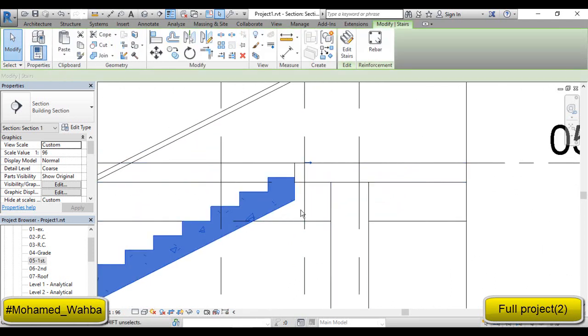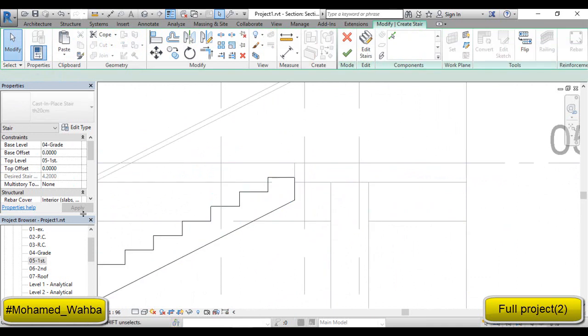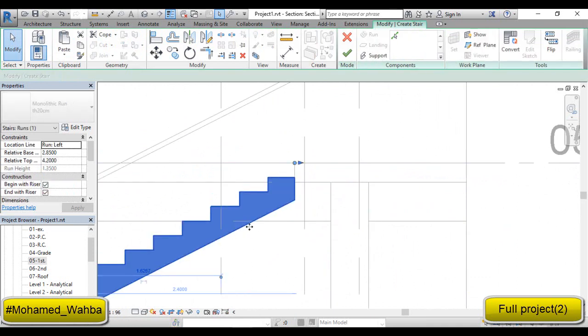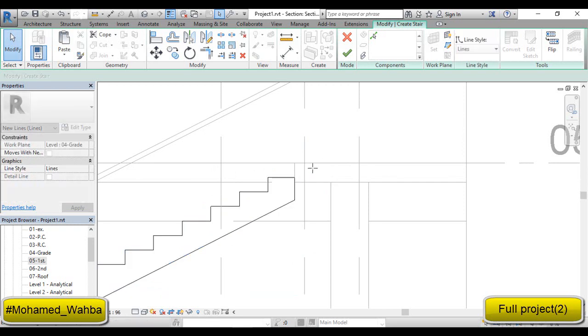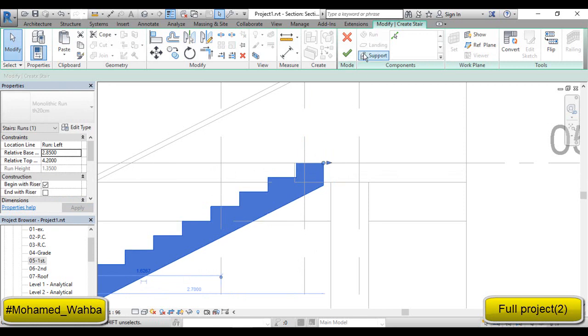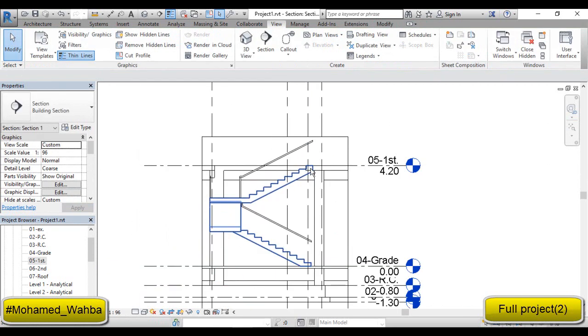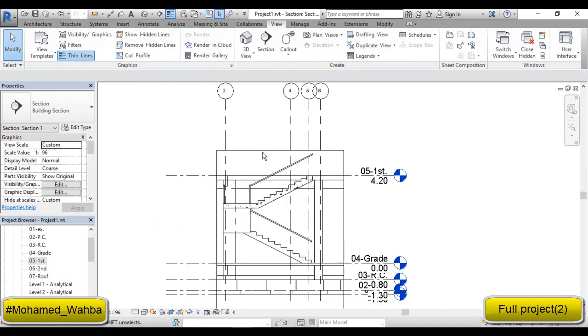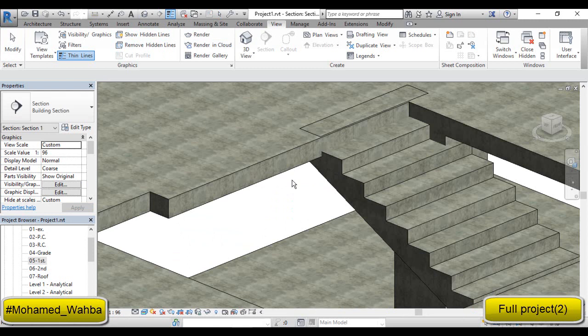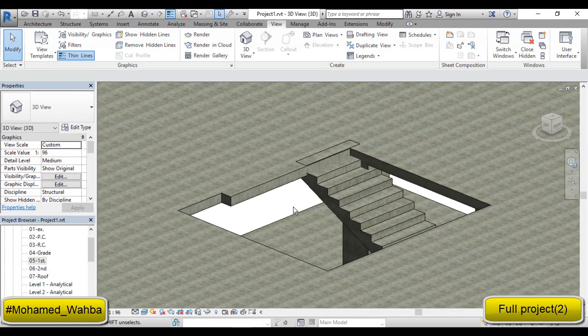How can we solve this trouble? So when I select this stair and edit the stair, when I select this stair again, we can see here from the construction that we've ended this stair with riser. I don't need riser at the end. I will deselect this to end with a tread and drag this to add another one. So when I finish, it can clearly appear that we've solved this trouble. This is one solution. There is another solution we can make. When I undo this,